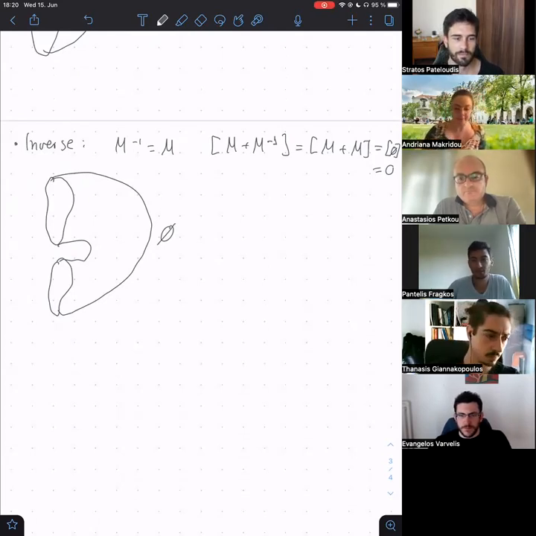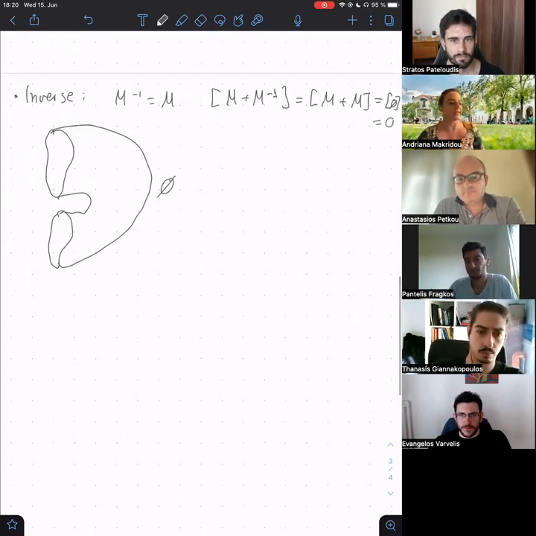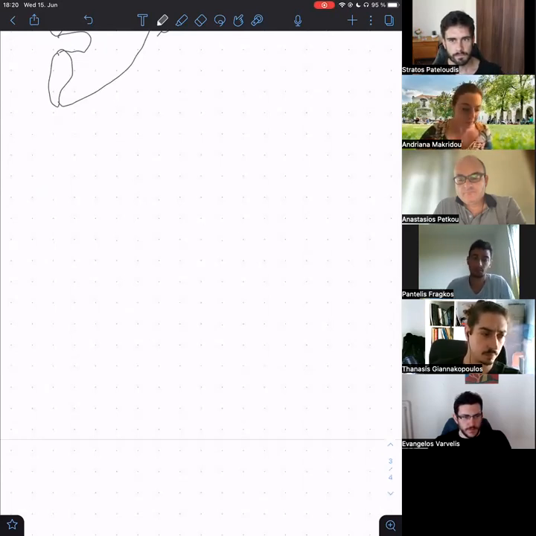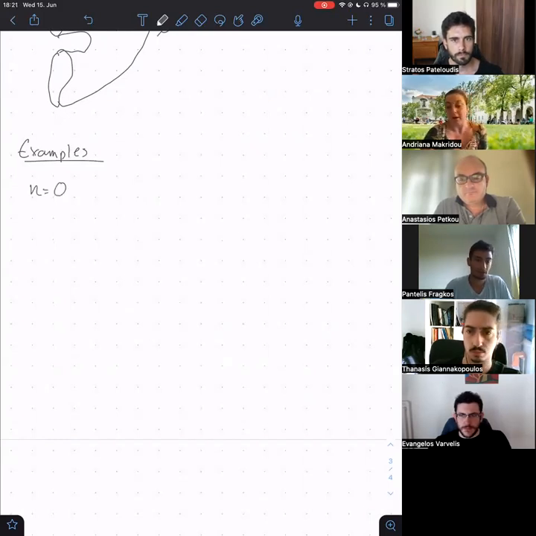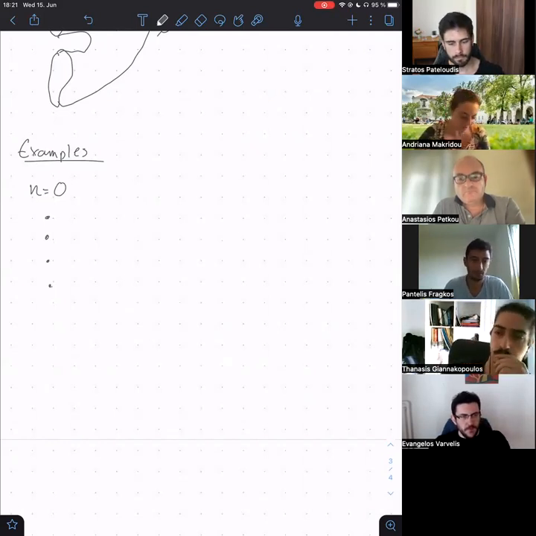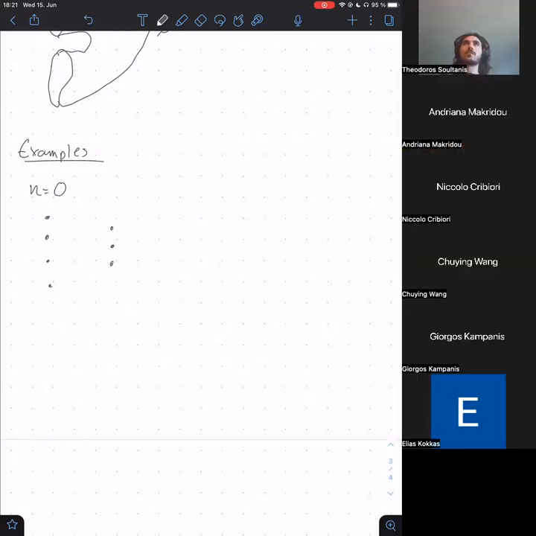Thanks. And so up to this point, indeed, we have seen that we have some abelian group. And I think up to now it has been quite abstract, so I would like to provide some specific examples. Let's start with some very low dimensional examples. The easiest thing we can say is n equals 0. So now we are looking at 0-dimensional manifolds, so effectively we have just points. Let's say we have one manifold that is just a collection of 4 points, and then a different manifold that is just a collection of 3 points.